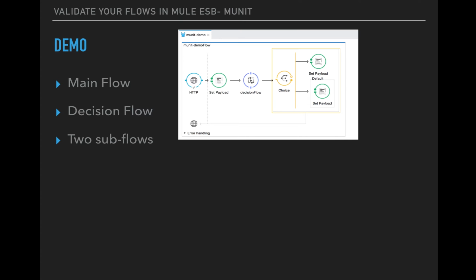I have already created the application. These are the screenshots of that. I will be showing the application also in just a moment. And then you have a decision flow. This decision flow will take its decision based on the payload or data passed by the main flow to this decision flow,